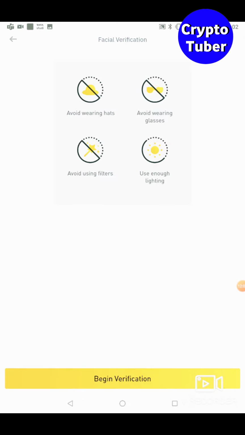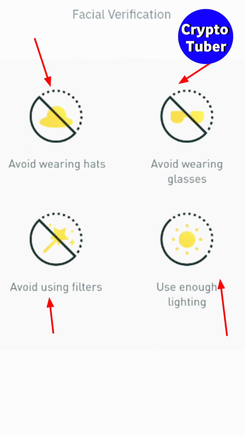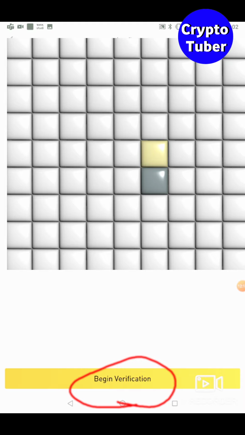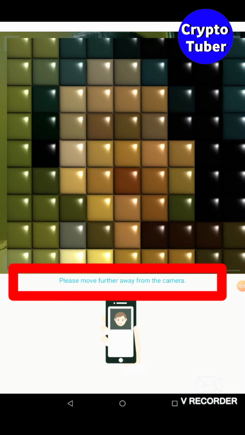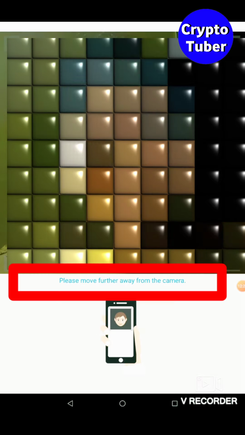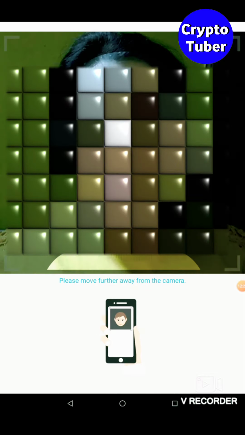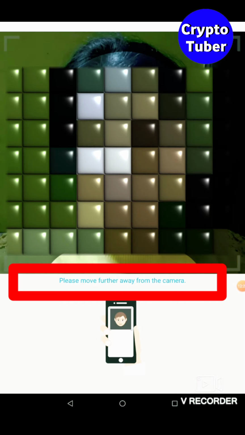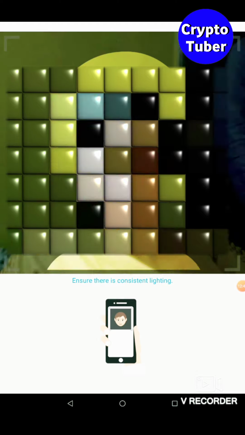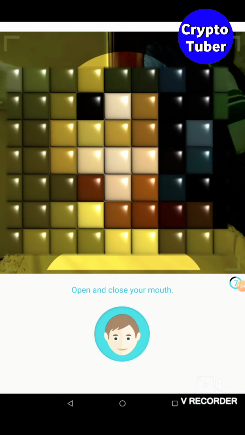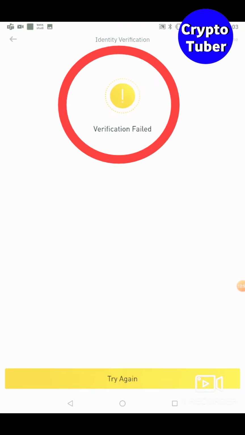For face verification, you have to take care of a few things like avoid wearing hats, glasses, using filters, and having enough light. Now you will see some instructions on your screen like move further away from the camera, open your mouth, close your mouth. You just need to follow these instructions which are given on the screen.